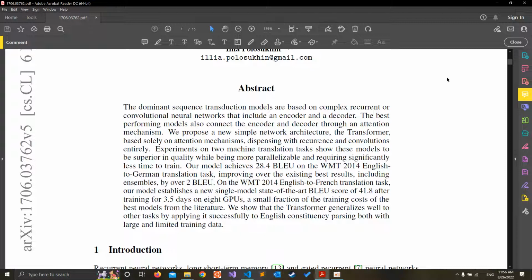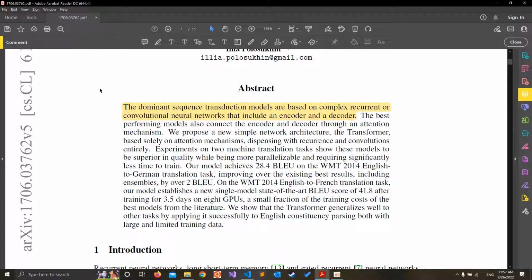The dominant sequence transduction models are based on complex, recurrent, or convolutional neural networks that include an encoder and a decoder. So what they are talking about here is that we know working in natural language processing, we are going to talk about sentences, and sentences have a sequence of words. So we need a sequence transduction, which can happen by